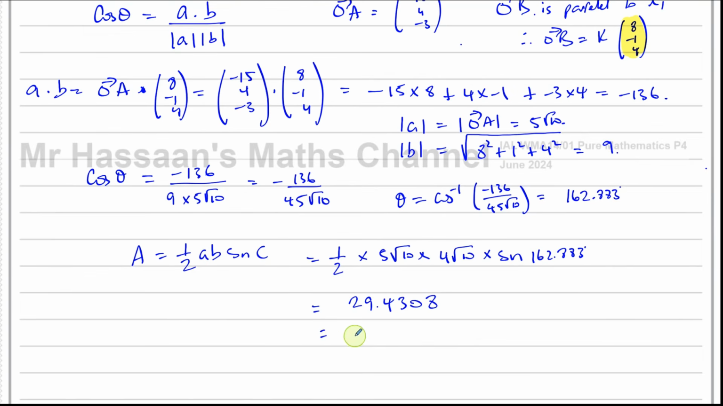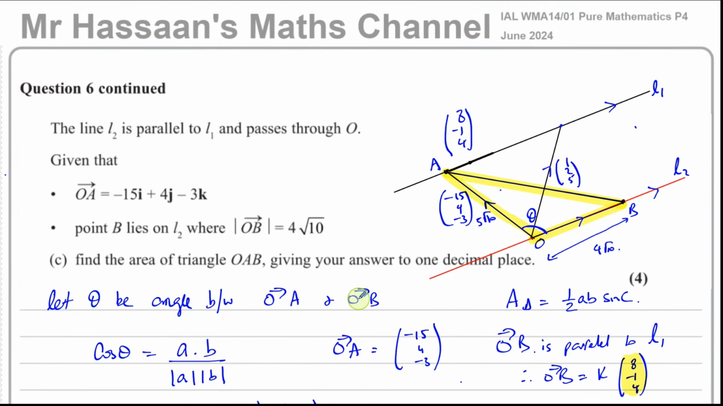So we write it as 29.4 units squared. Okay, so there's the answer to this question, which is question number 6 from the June 2024 paper of